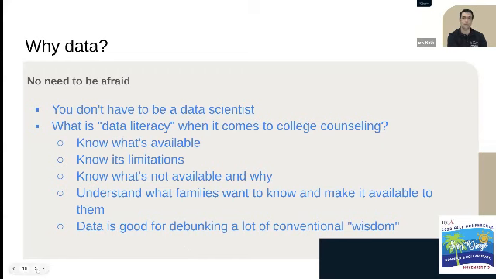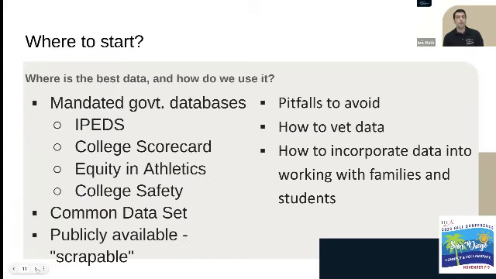And so as far as what we're going to cover today, this is our table of contents. We're going to start with some mandated government databases like IPEDS, College Scorecard, and so on. We'll move on to the Common Data Set, and we'll look at some publicly available or scrapable options that you could pull data from yourself, some quick pitfalls to avoid, and then finally we'll wrap up with how to vet data,